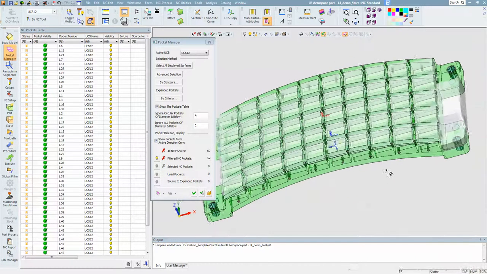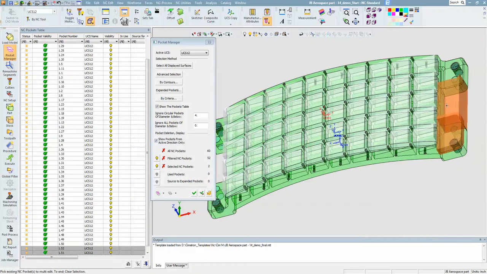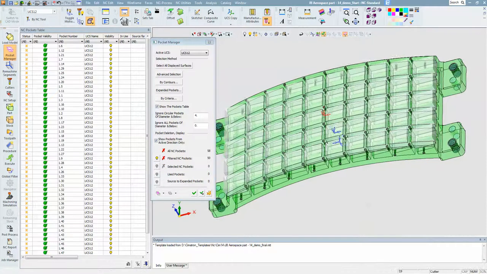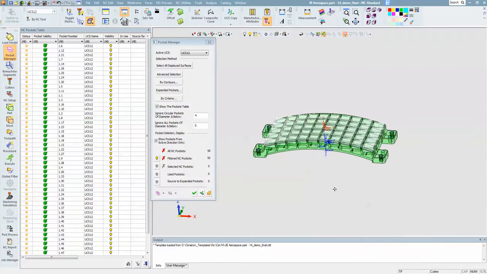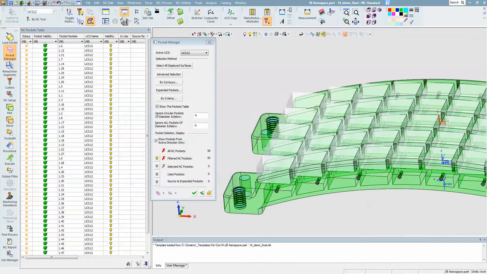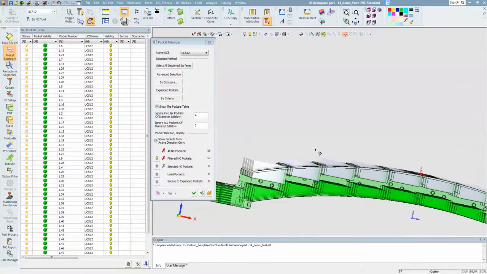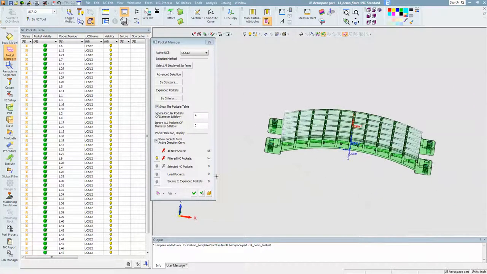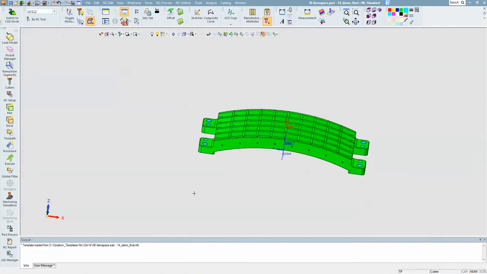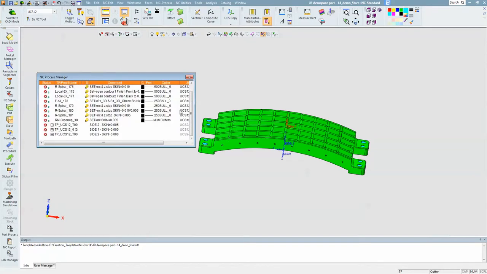And then over here we've got a couple that I don't want, so we'll delete those. Alright, and then everything else here are valid pockets, and you can kind of see what it's doing. It's representing the high point and low point of each pocket. So now we're going to go back to the templates,